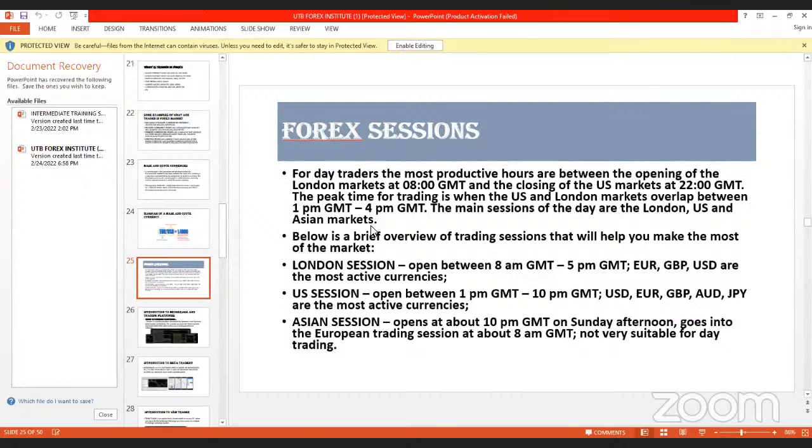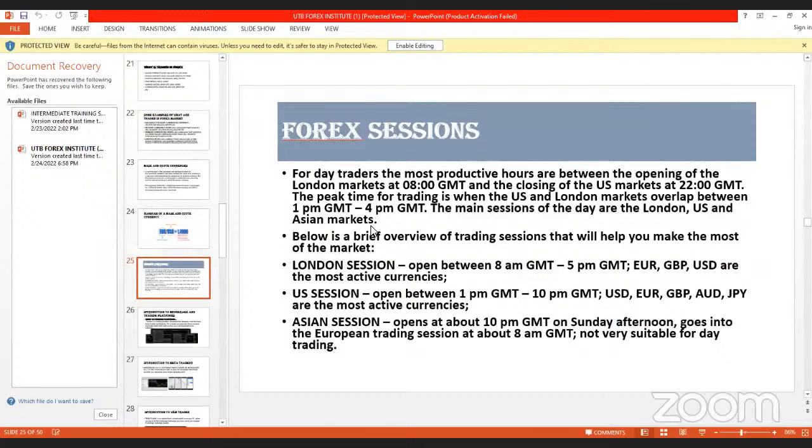Why? Because they have funds. But you and I cannot access the bank. It's not an official working hour. You cannot access the bank on Sundays. So the market is still on. People are still trading, still buying and selling. There are still transactions. But the brokerage platforms don't trade on weekends, right?